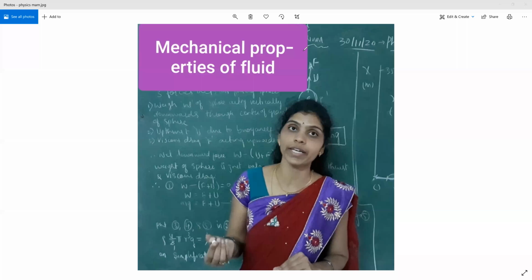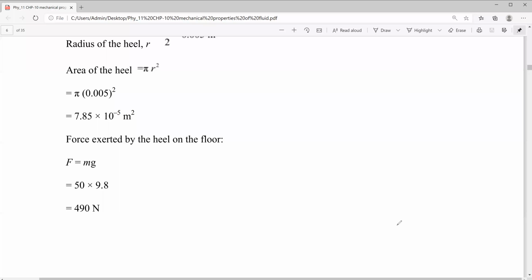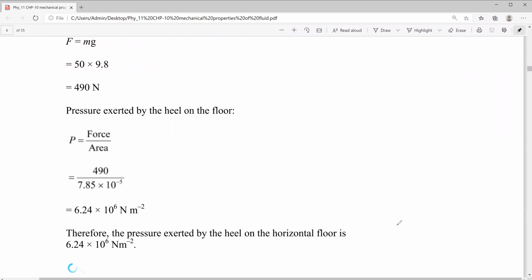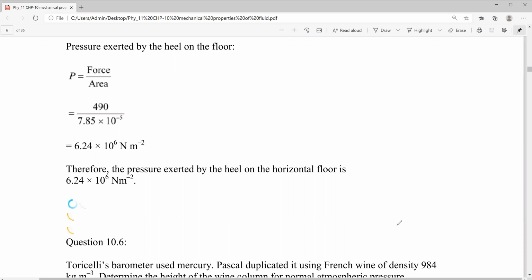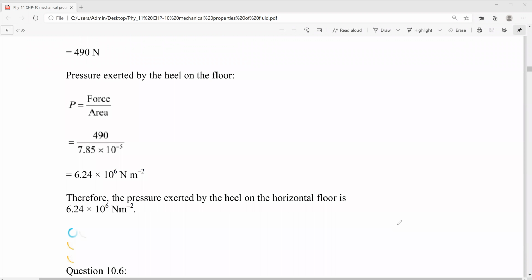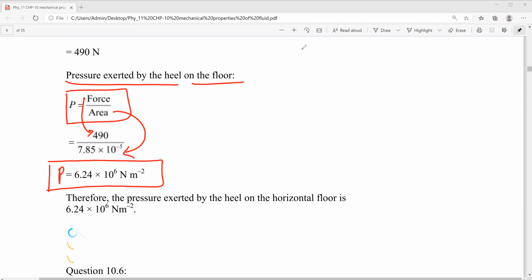So how we are going to calculate the pressure is, we calculated force, and pressure exerted by the heel on the floor is calculated by using a formula. So we already know that pressure exerted by the heel on the floor is given by the formula P is equal to force by area. And here the force value 490 is substituted, and area is substituted as 7.85 into 10 to the power of minus 5. And after simplification, the pressure we got is 6.24 into 10 to the power of 6 Newton